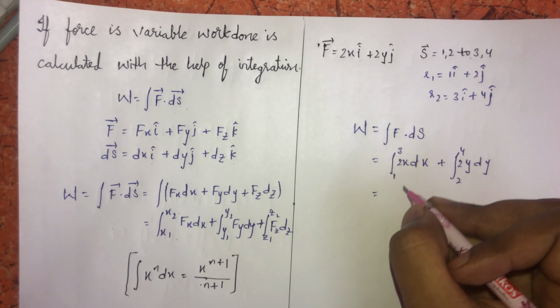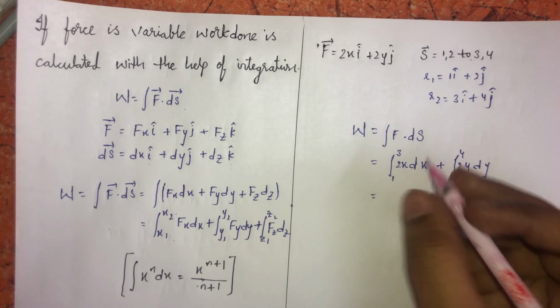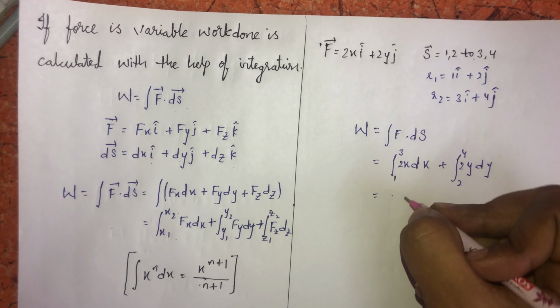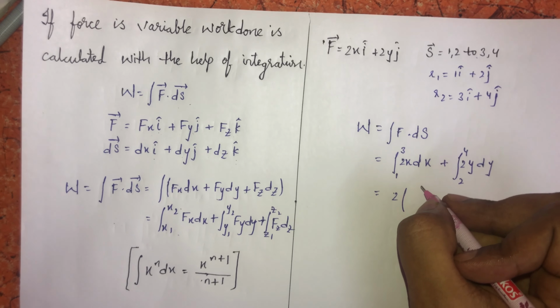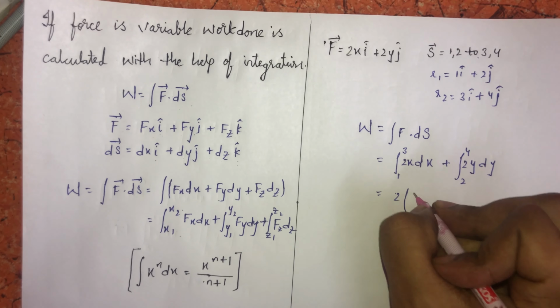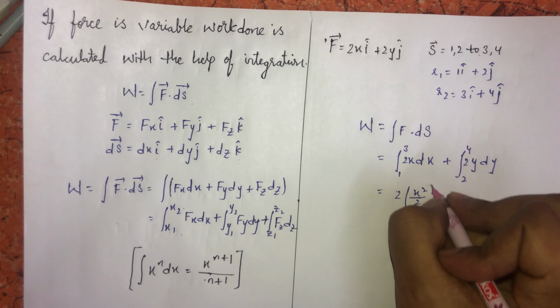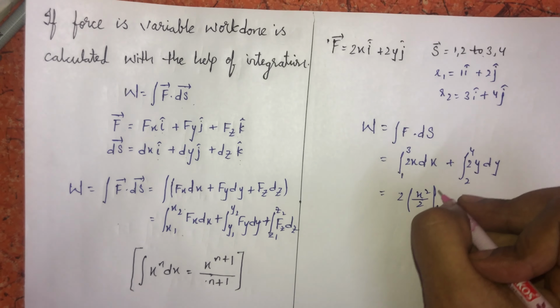Here 2 is constant, so 2 is taken out. Integration of x dx will be x to the power of 2 by 2, taking the coordinates from 1 to 3,